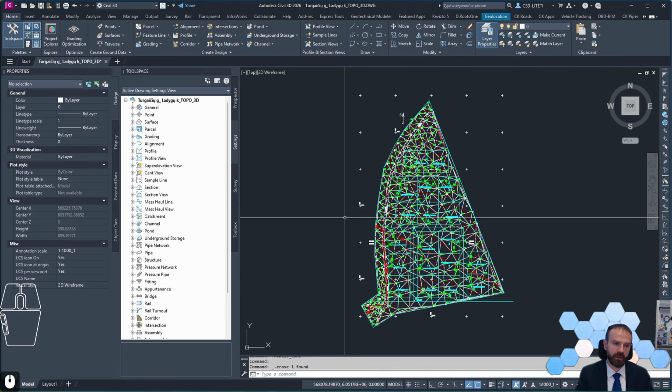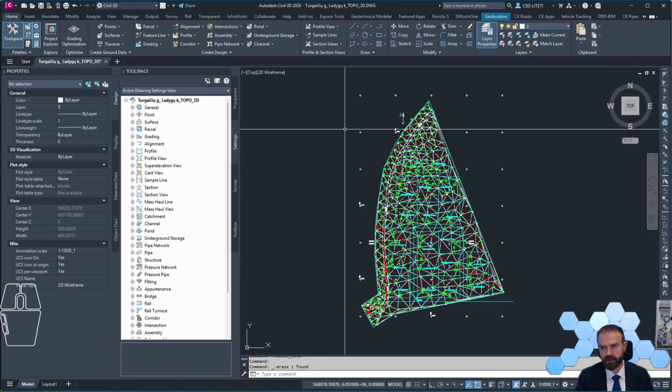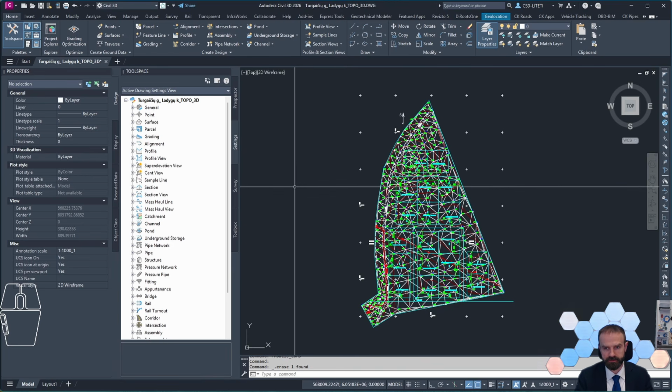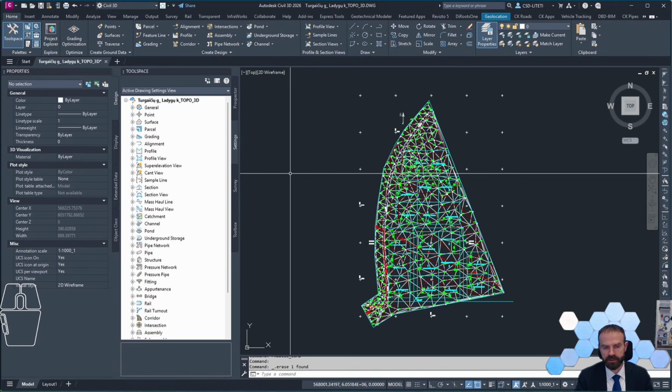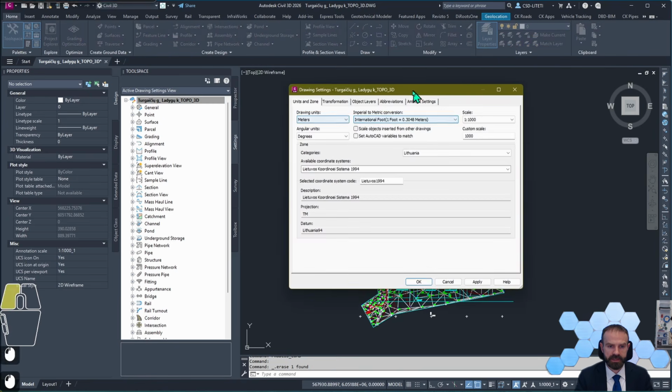An important part, if we are working with the Revit application, is that we need to have integration for our coordinate systems. So the first thing you need to do is create geolocation for your map. Typically maps are not geolocated if it's just a basic map created using lines and text. So in Civil 3D you need to go to settings and click edit drawing settings, and in here you need to select